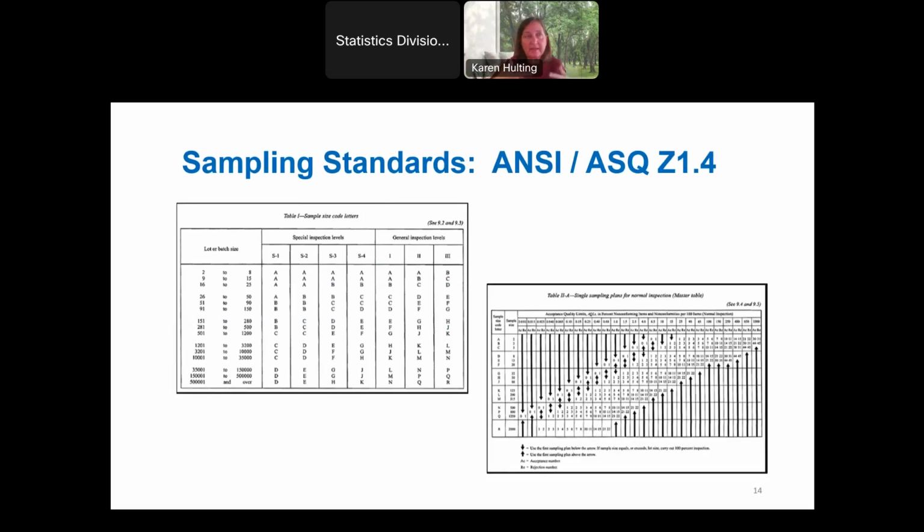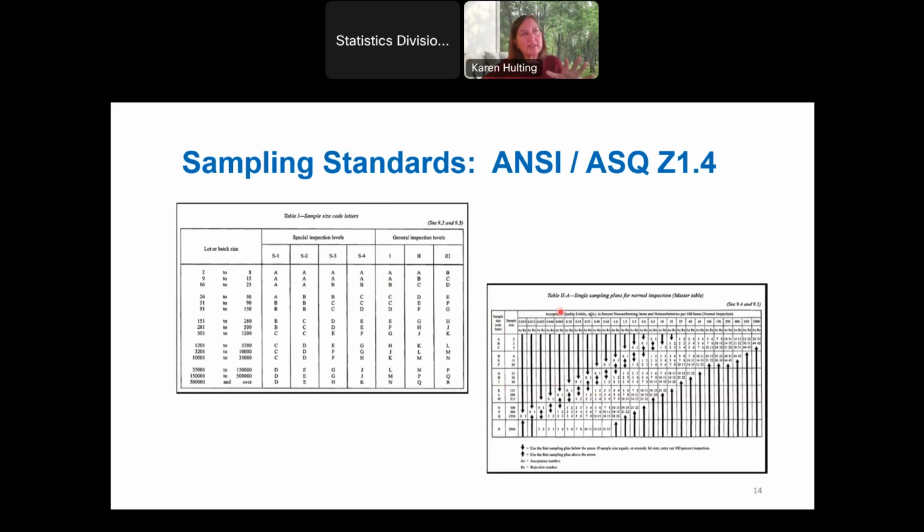Now, you will recognize, these slides right here are not giving you usable versions of these tables, but probably anyone who's worked in acceptance sampling, this kind of table will be familiar. These are the ANSI ASQ attribute sampling standards. And so, like we were saying before, you start out with what is the lot or batch size, and that is your entry into these sampling standards. You use that, and then you have to decide what inspection level. This one gives you 7 possibilities. That gives you a letter that you then use as your entry into the actual sample size table.